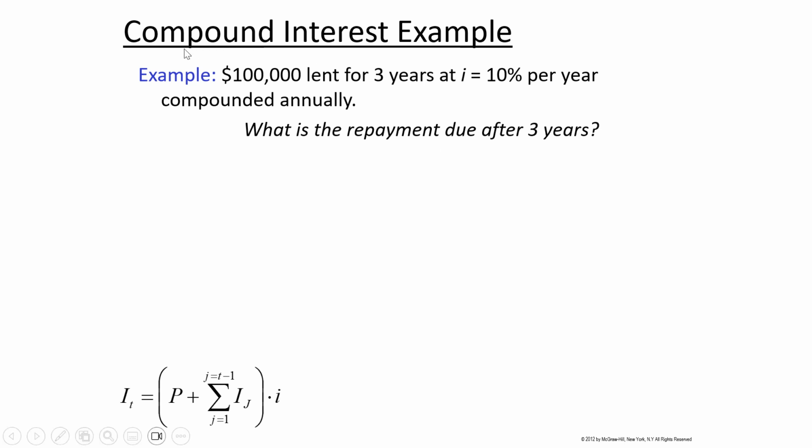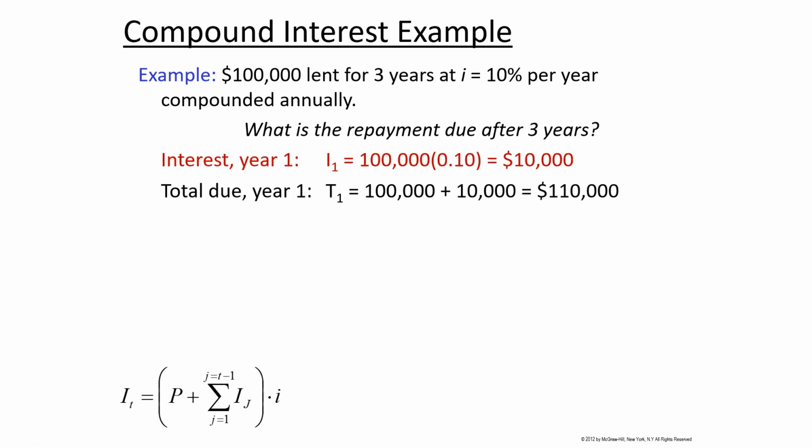Let's find out how to handle it when the interest is compounding. So we'll do it 1 year at a time. In the first year, the interest amount is $10,000 because it's 10% of the principal. At time 0, the lender gives the borrower $100,000, and that instant is when the clock starts. They owe $100,000, and then at the end of the first period, meaning at the end of year 1, they owe the principal plus 10% of the principal, which is $10,000. So the total due at year 1,